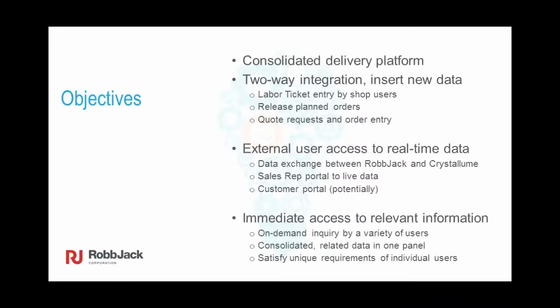Two-way integration: we want the ability to insert new data. Bezlio obviously does that. We want to take that labor ticket entry program that's used by our shop users and present that in Bezlio and hopefully improve on it. We like the idea of,